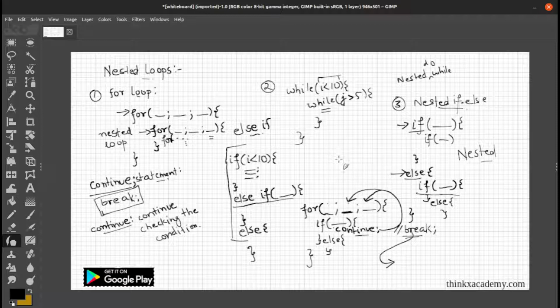So we have discussed a lot of things in this flow control chapter. We have discussed if else, for loop, while, do while, then nested,